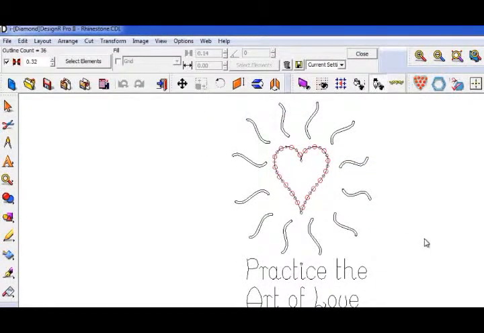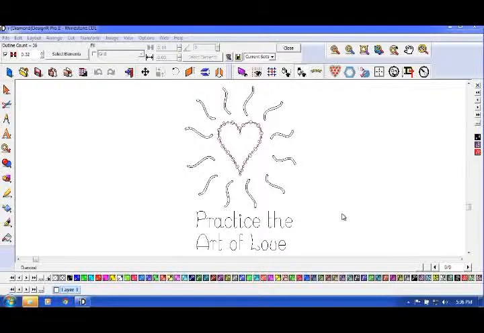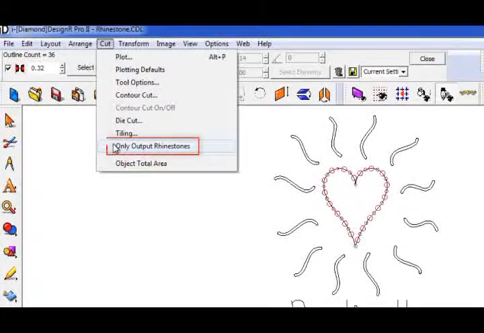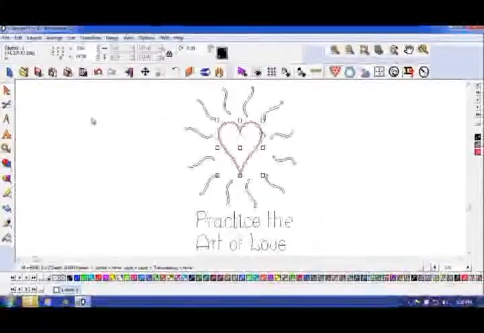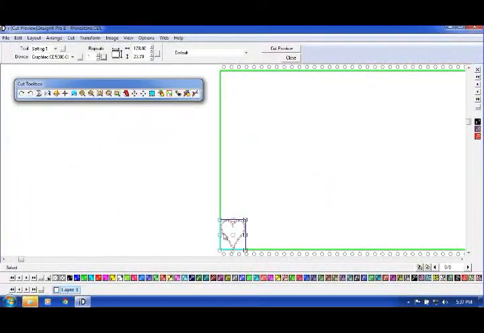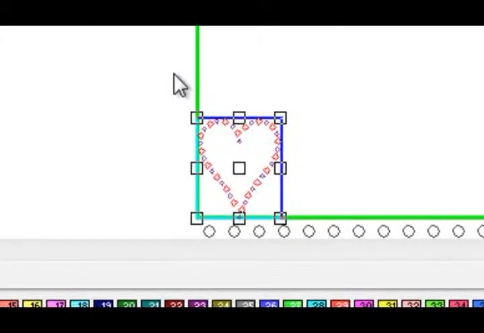Something to take notice of is how this will be cut. Currently we not only have each rhinestone circle, but the shapes used as a border as well. In the Cut pull-down menu at the bottom, is this Rhinestones Only option. Clicking on this option will tell the software to cut only the rhinestones, but not the shapes. To prove this, let's switch to the Cut Preview mode. In this mode, notice that the only thing that's showing that will be cut are the rhinestones, leaving out the